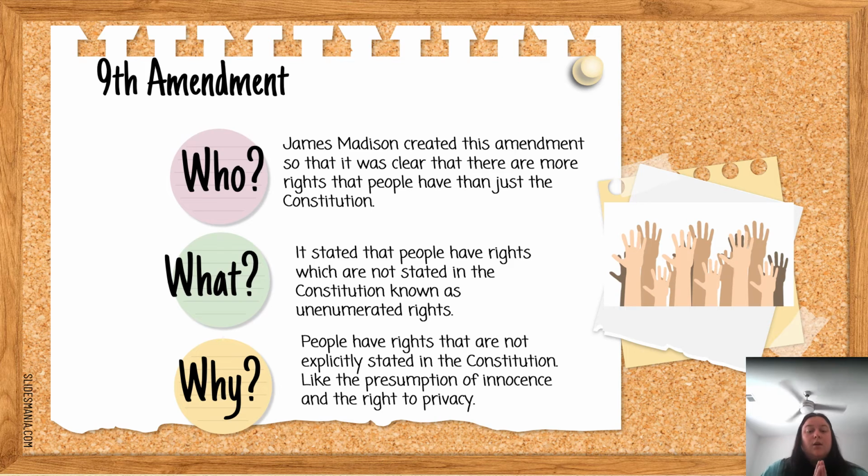So people have rights that are not explicitly stated in the Constitution, like the presumption of innocence, right? When you are put on trial, you are innocent until proven guilty. That's a right, but it's not specifically stated. We also have a right to privacy, which is not explicitly stated in the Constitution. We also have the right to travel across state lines and across the country. We have the right to make decisions about our body in some cases, things like that that are not specifically